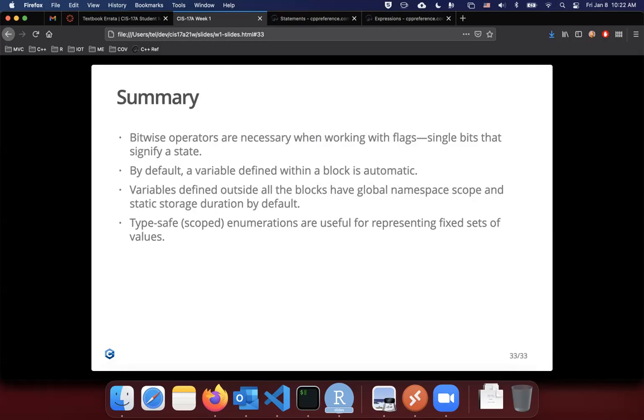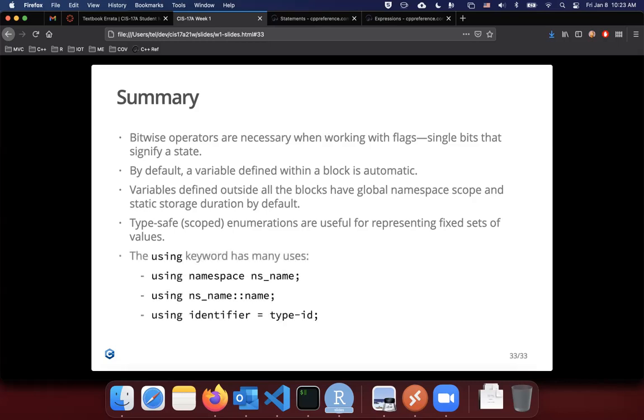You may have noticed, remember that precedence table for the operators, that the scope resolution operator is at the very top. And so that's useful for presenting fixed sets of values such as days of a week,